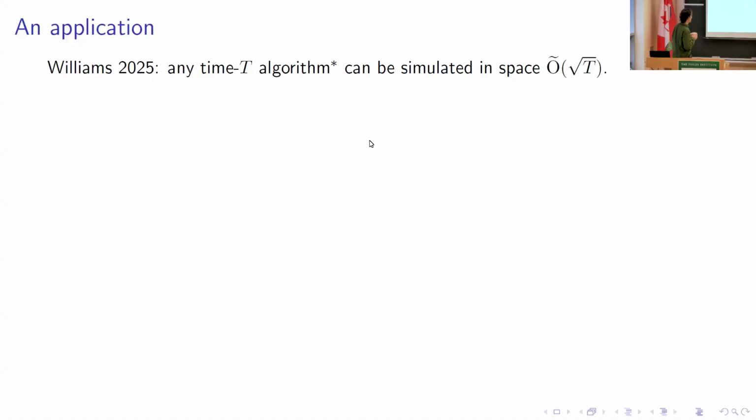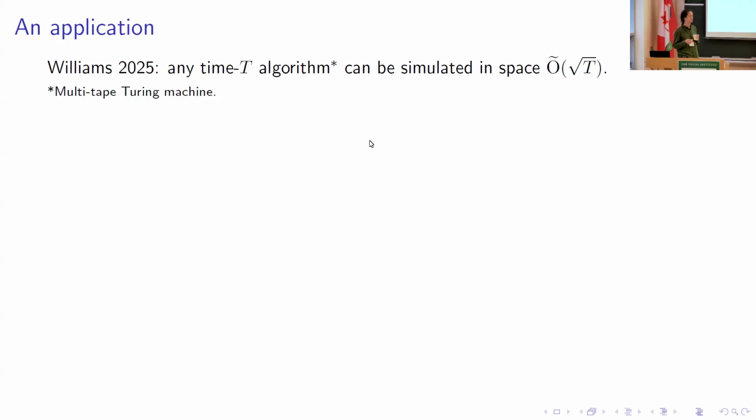But before I get to that algorithm, I want to show you guys a really amazing application that was presented at STOC this year. So Ryan Williams showed that any algorithm that runs in some time bound t can be simulated with an algorithm that takes space only square root t times a logarithmic factor. There's a little asterisk here. This is assuming the algorithm is running on a multi-tape Turing machine. Ryan also got it working for a Turing machine with a multi-dimensional tape,